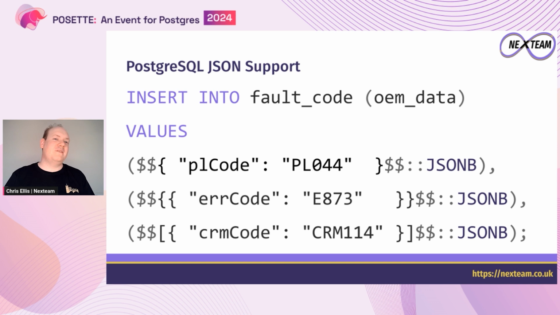And errors might just be a bit more subtle, right? It could be that we mistyped the name of a property, that we accidentally nested the object twice, or maybe we accidentally wrapped it in an array. These are much more subtle and would be very easy to introduce in your application layer, and without being able to enforce even some basic shape and properties of your data in your database, it's going to introduce bugs further down the line.